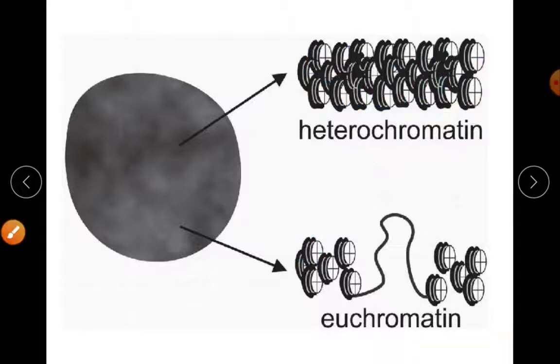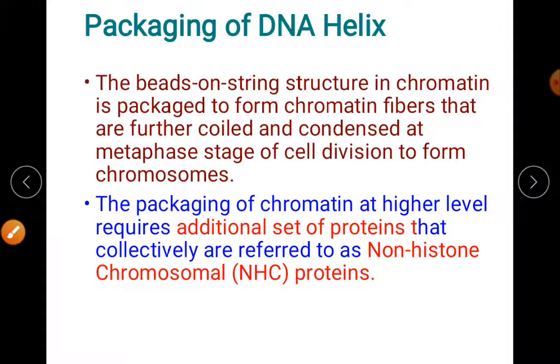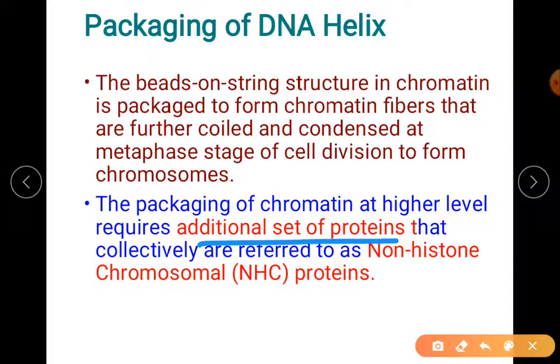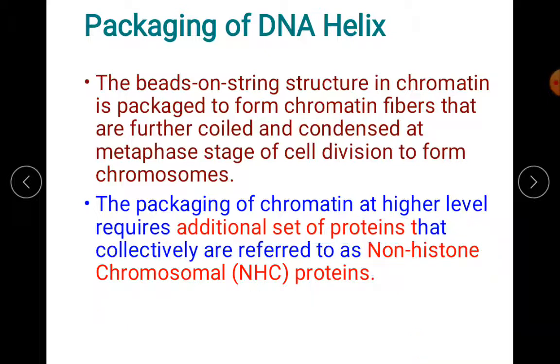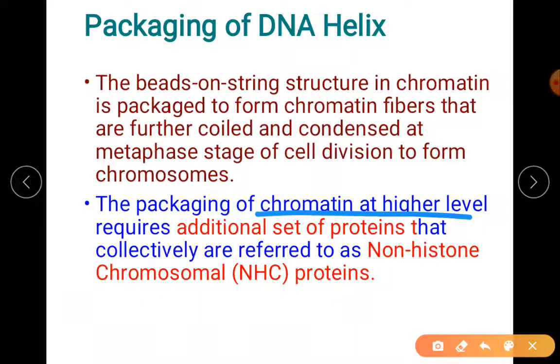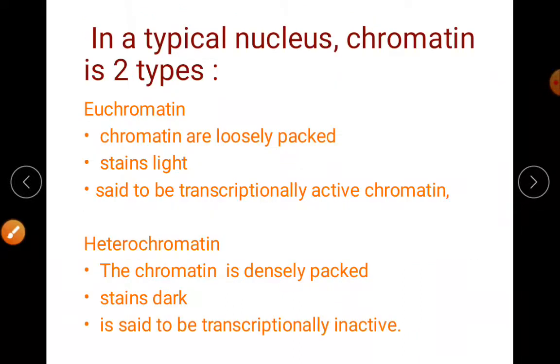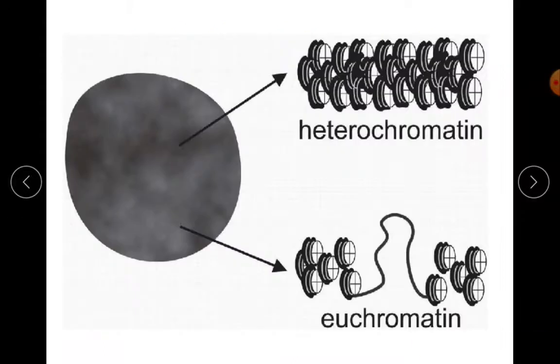So this is the second coiling or second folding, which is with the help of an additional set of proteins called NHC proteins. What is that NHC? Non-histone chromosomal proteins. Remember, it is a 1-mark question to expand NHC. Okay, so this is your second coiling. So this is packaging at a higher level. Based on that packing, we have tightly coiled